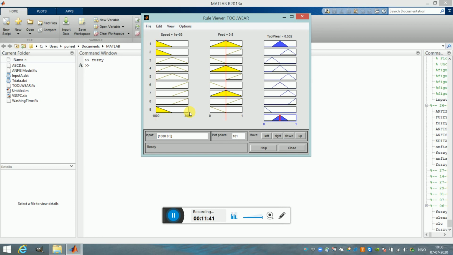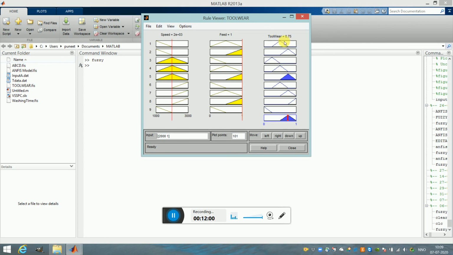You will get results from here by changing the values here. Say now it is 500 and now it is say 2000 with a feed of say 0.1 mm. How much will be the wear?